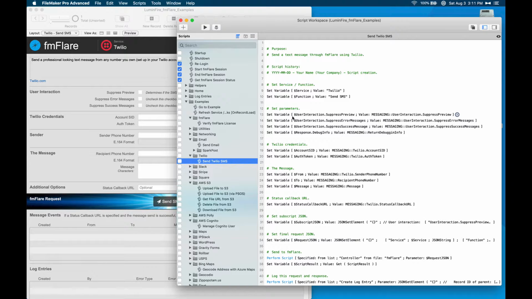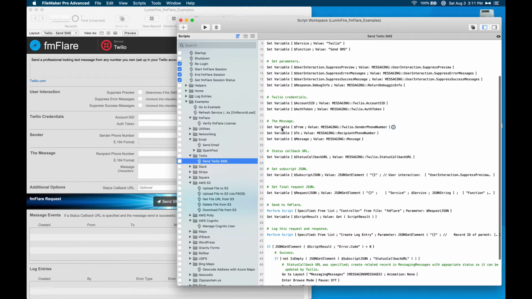Here you'll see things are arranged by user interaction, like we have here, our credentials in this section, and then info about the message, the sender or from, and recipient or to number, and then the message body itself. Optionally, for this one, we have a status callback URL, and then all of these parameters are packaged up into the subscript JSON,